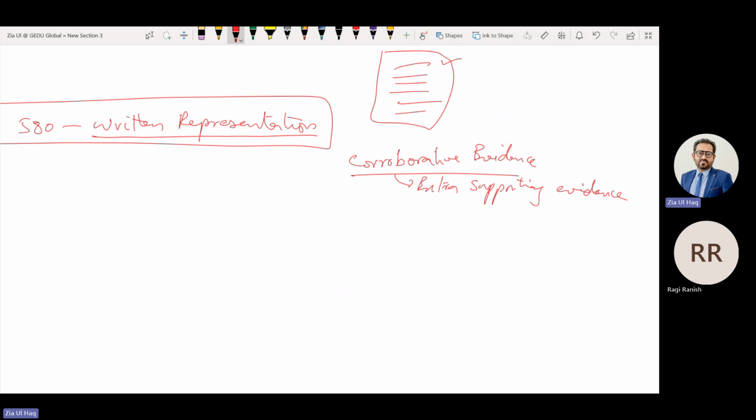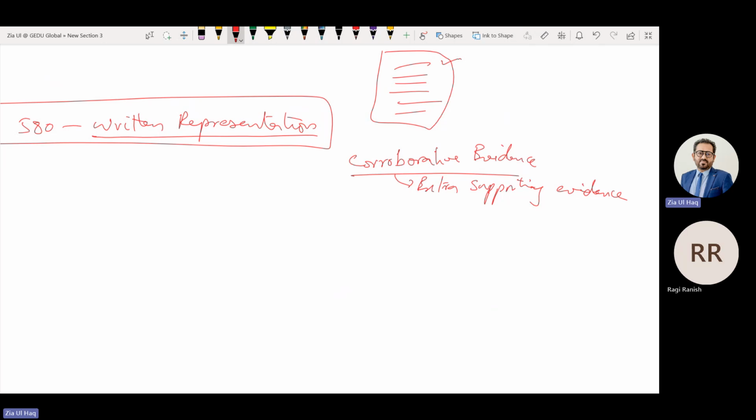If there is only written representation, no corroborative evidence, that is a scope limitation, we will qualify the audit report. If there is only corroborative evidence, we ask the management to provide written representation, they refused, our evidence is not sufficient, scope limitation, we will qualify the audit report.